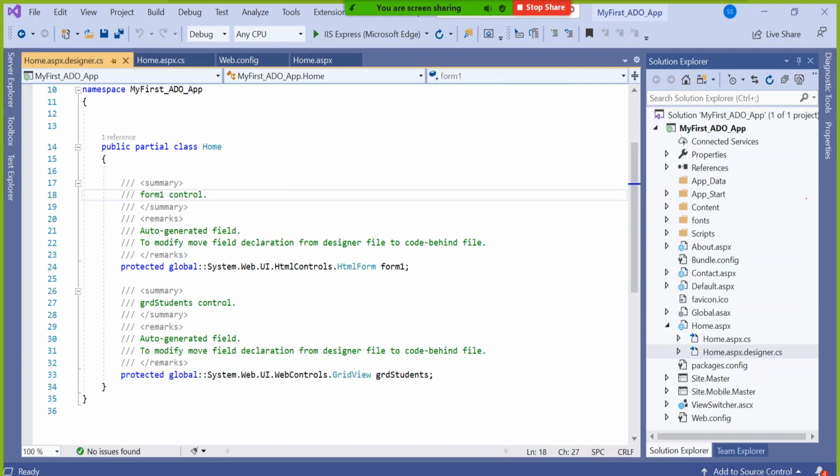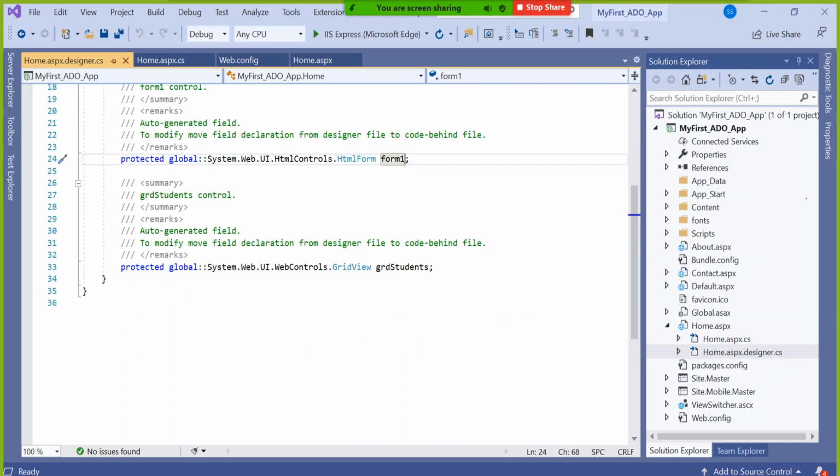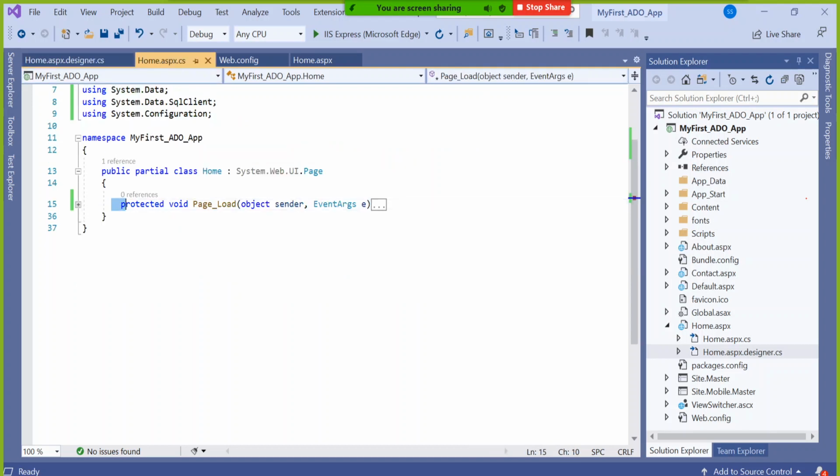In this physical file, all the declarations. You declared a form, you declared a grid view, tomorrow you will declare something called a text box. Automatically it will go on adding those declarations here. So functions here, variable and object declarations there, but logically you want to keep both in the same namespace.